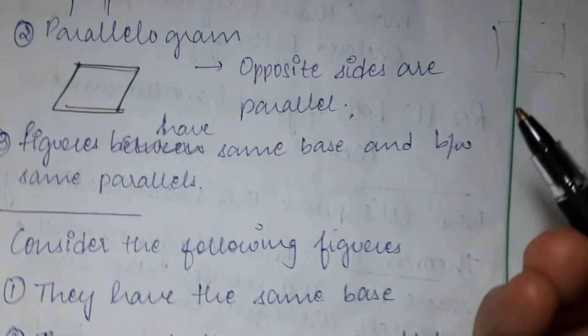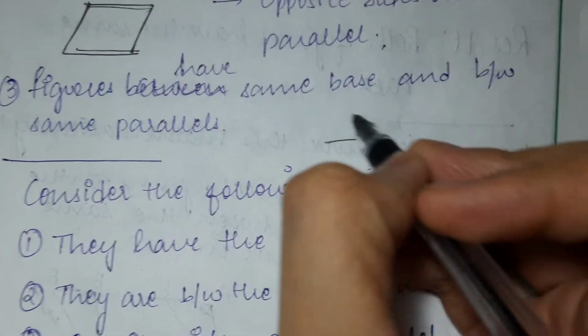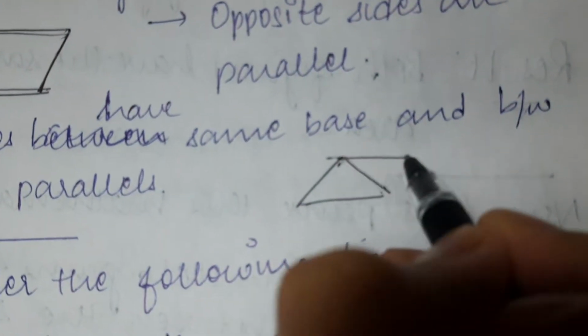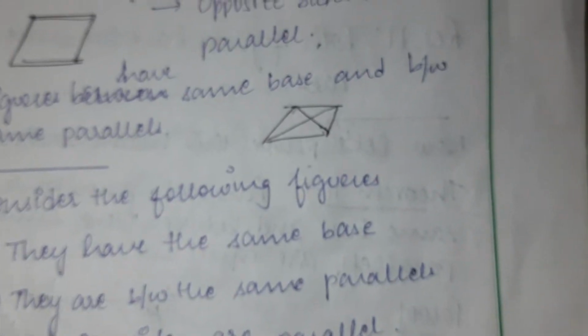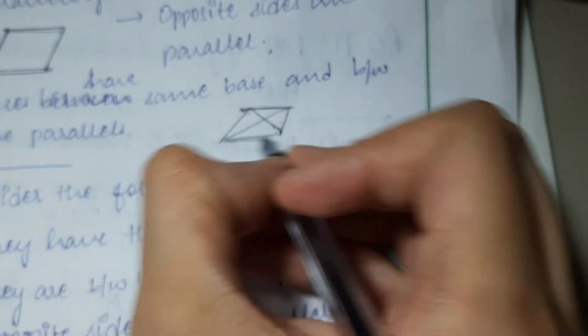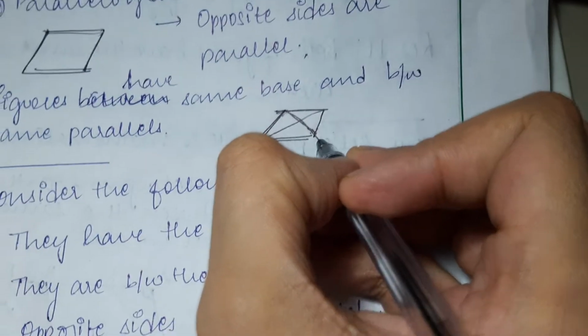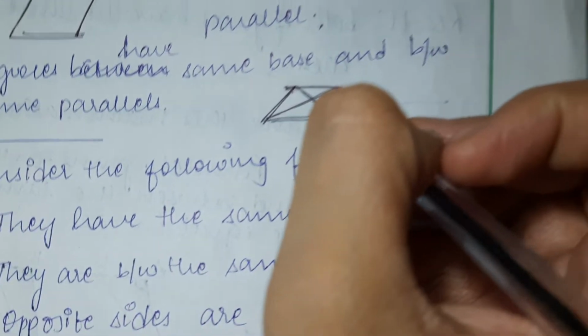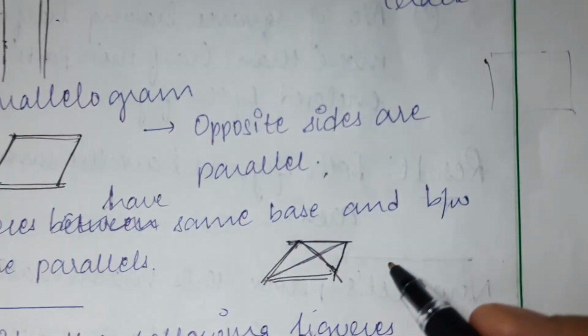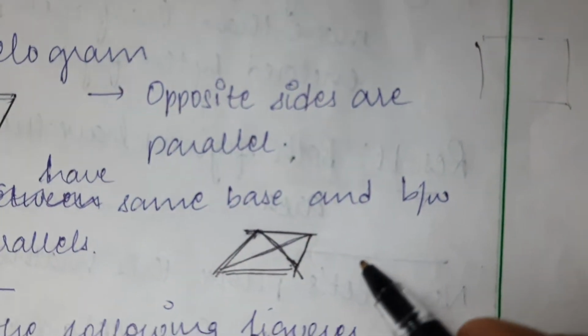And then we also spoke about figures that have the same base, like this triangle, and then there's another line parallel, and these two. We spoke about all these things, right? So there are two lines parallel, and the base is the same, and there are two figures lying between the same parallel lines. We also talked about these kind of figures. Now let's say